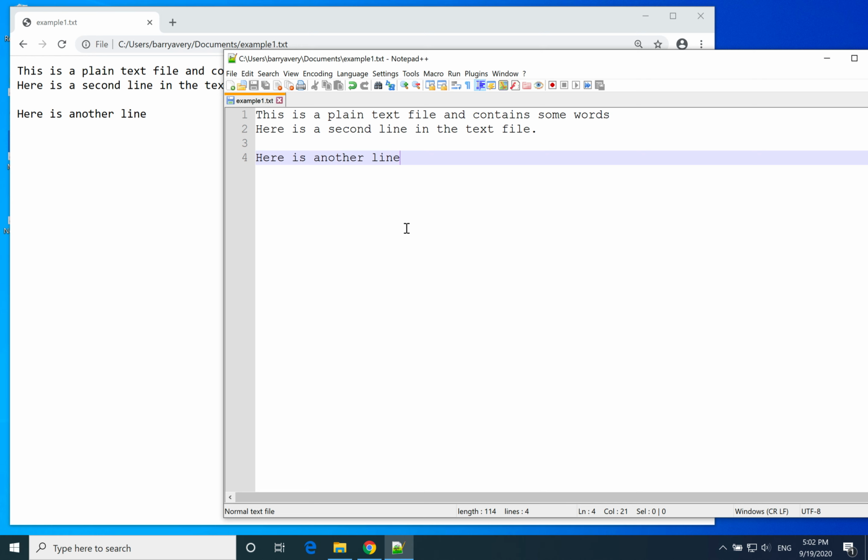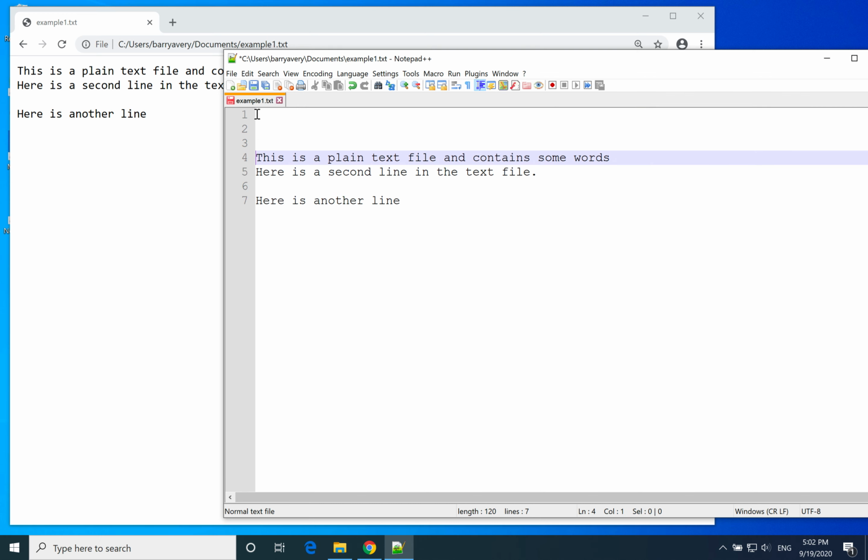Okay, so here's my text file, and what I want to do now is convert this into an HTML file. The way that I'm going to do that is by adding in some HTML tags. So let's do all the tags that go into making up a proper document. I'm just going to add some lines in at the top, and what goes at the top of an